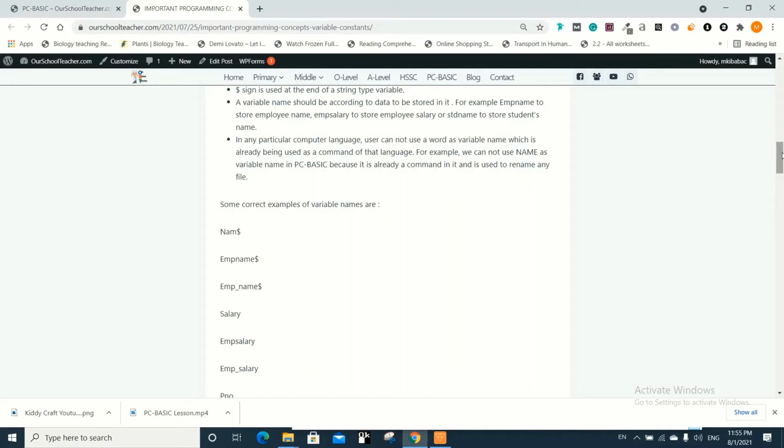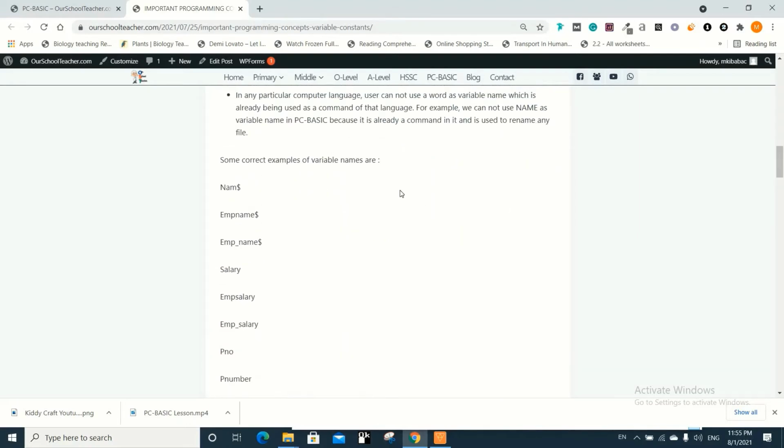Now let's see some examples. These are the correct examples: NAM$, EMPNAME$, and these examples I have taken from PC Basic. Every language has its own rules. Similarly, EMPSALARY can be a numeric type variable.